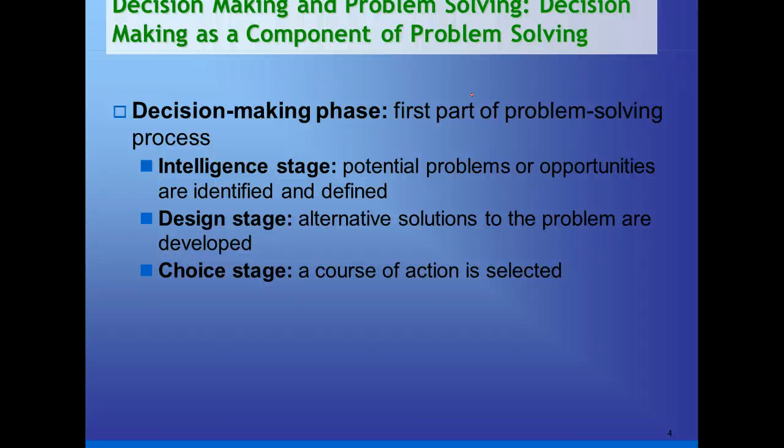In the decision making phase, there is the intelligence phase, where potential problems or opportunities are identified and defined. So this is where we find out what the problem is, and what is the reason that caused this